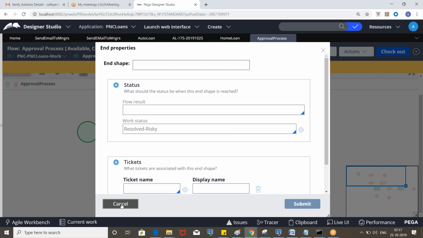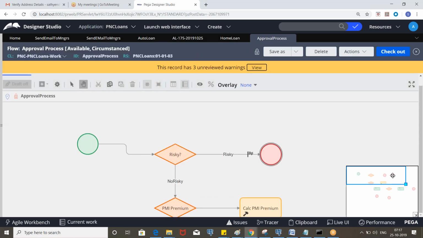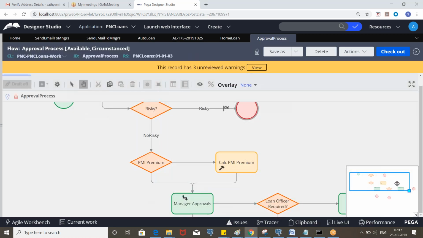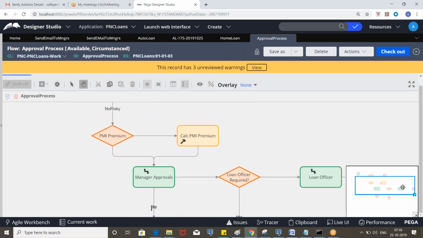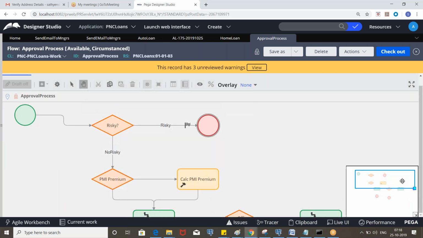So our requirement is, whenever a work object is resolved, the status work contains resolved, either resolved completed, resolved risky or resolved withdrawn, we need to send an email.